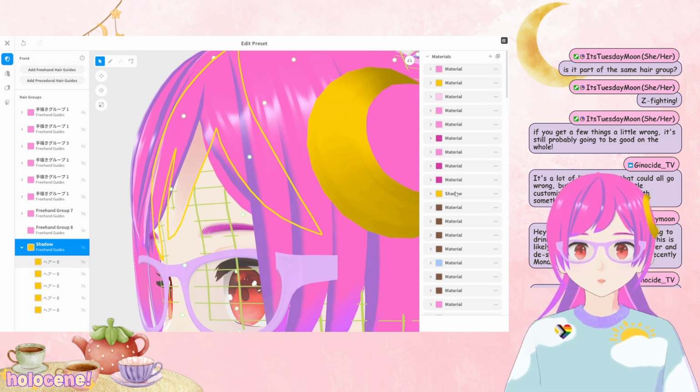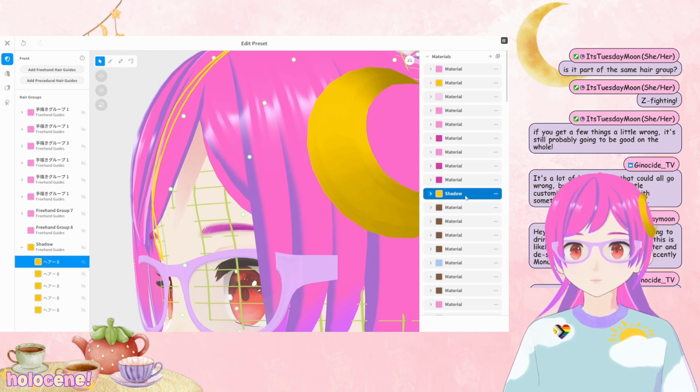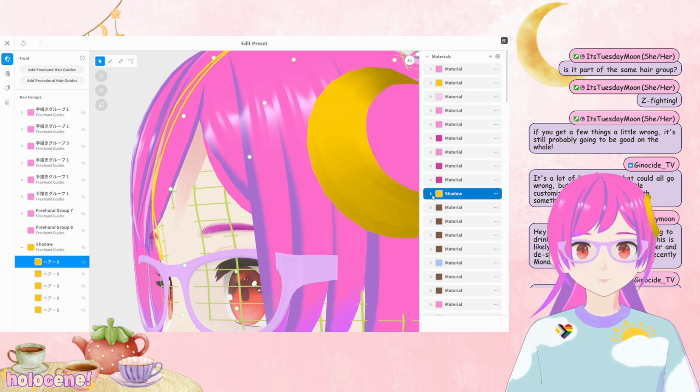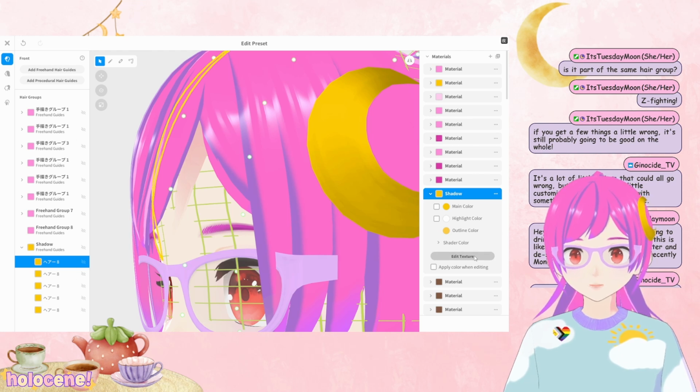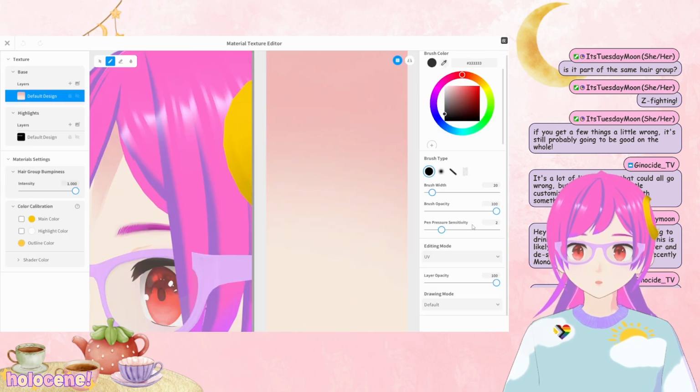So if I can get it to load, it's all mad at me right now. Please let me click on shadow, please. Please. It's trying its best. So let's go to edit texture. Please load. Welcome to the real challenges. We have 30 textures on one model. So that's the